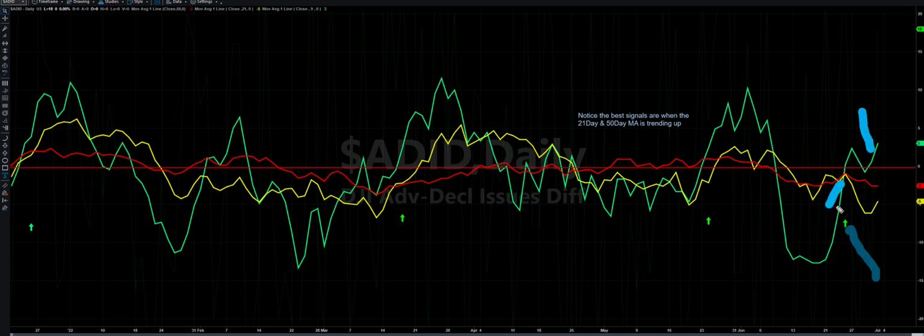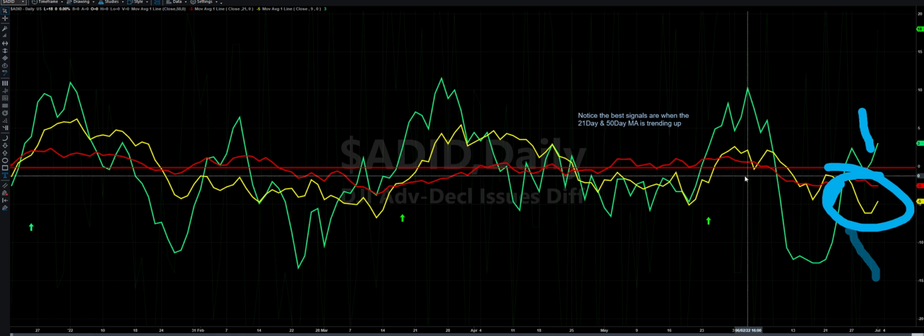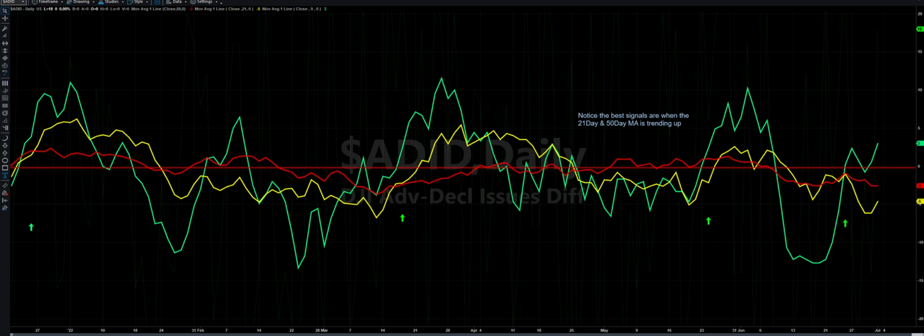So we got our green line that's back above zero. It's above the yellow and the red. But the red and the yellow are pointing down and below zero. But it's very interesting that that green line is still above zero. I find that interesting. That's making me say,